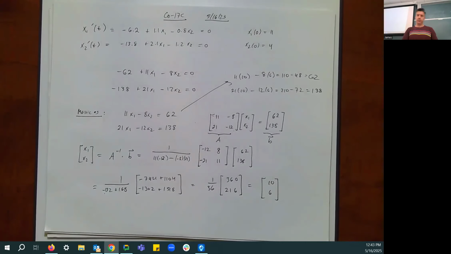So if we put these in, they're kind of gross, but fine. We have negative 6.2 plus 1.1 times x minus 0.8 times y. And then the second one is going to be negative 13.8 plus 2.1 times x minus 1.2 times y. And then I'm going to change my window so that we actually get the things on there. So let's go to 15 and negative 15. So if we graph this thing,